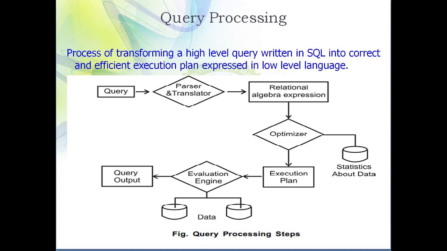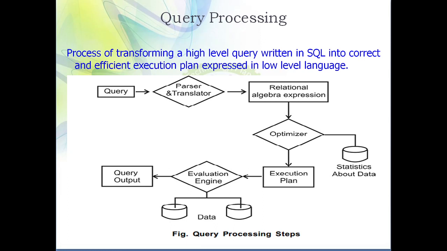What is optimization? Just imagine that you are going to your college from your home. In order to reach your college from your home, suppose two routes are available. Route 1 is going to take 10 minutes and route 2 is going to take 15 minutes. In that case, which route are you going to select? Obviously I am going to select route 1. Why? Because it takes 10 minutes. So that is a process of optimization.